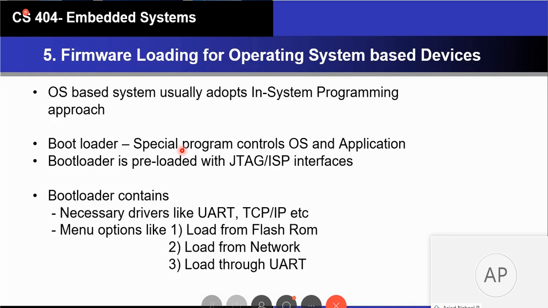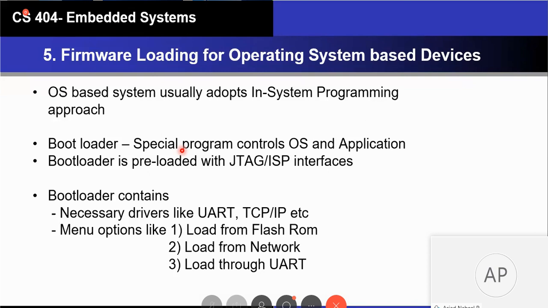Once the OS is updated, the other features exist in the form of applications inside the firmware. A typical example is the mobile phone. You know that there is an operating system, Android, in it. Android is basically an OS having the basic features of coding and everything, and the applications of the device, like the camera application, microphone access, touch screen, everything will be installed as an external application to that machine. That is how an OS-based system works.